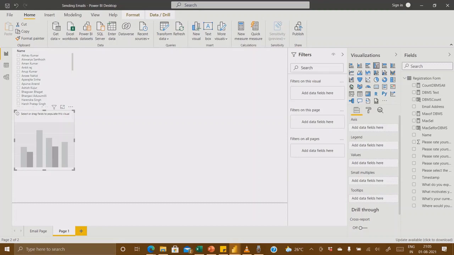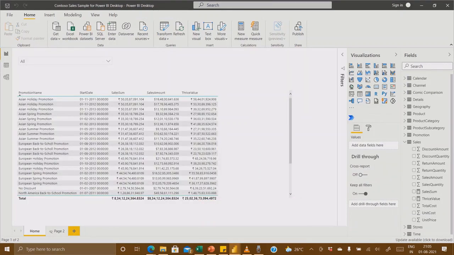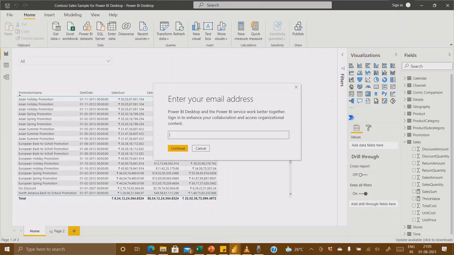In normal Power BI, we do not have any such visualization here.